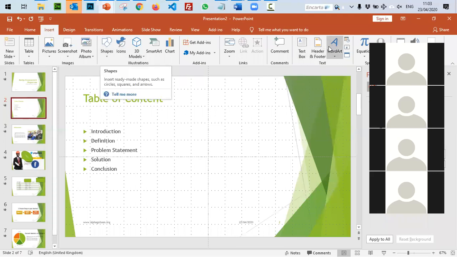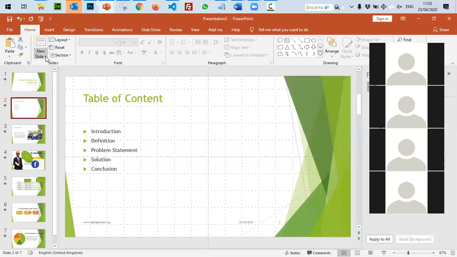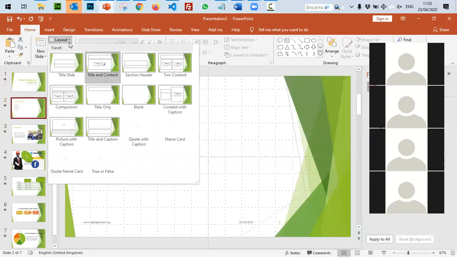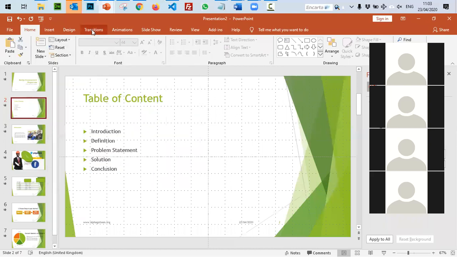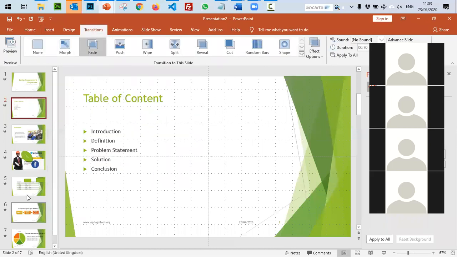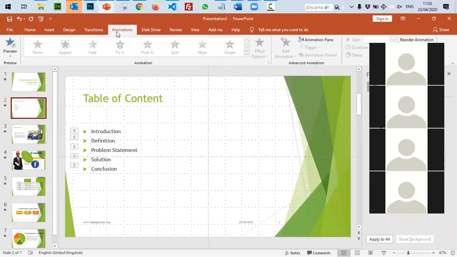The video I sent, I touched header and footer, the word art. We saw how to add new slide, how to create different layouts. And we also looked at transition, how to create different transition across the slides, how to animate different objects in